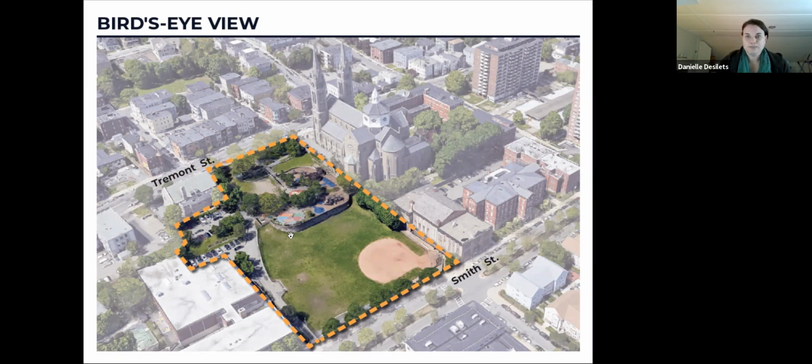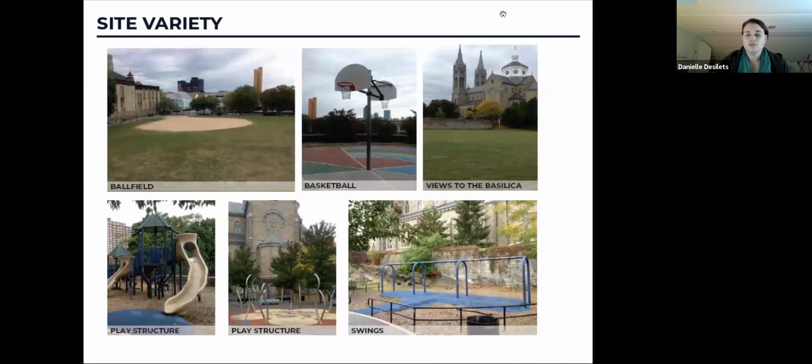Next slide, please. So there's a lot of different amenities and different opportunities in the park. Of course, there's the baseball field, there are basketball hoops at the playground area, there are views of not only the Basilica, but also some fantastic views of the city skyline towards downtown Boston. You've got the fairly robust playground that has a number of different elements. It's got the central play space with a spray pad, a splash pad. It's got climbing structures. It's got swings and slides. It's got all the good stuff.